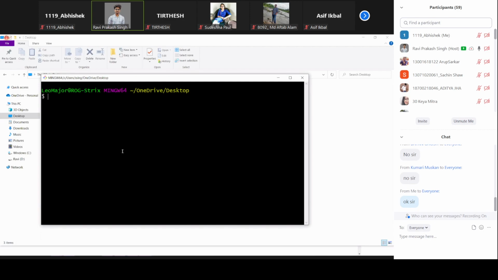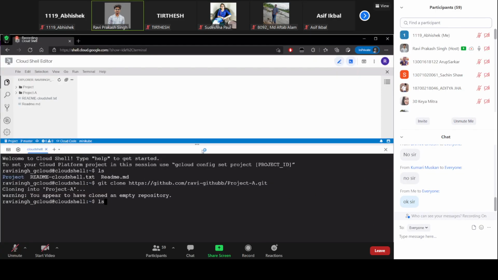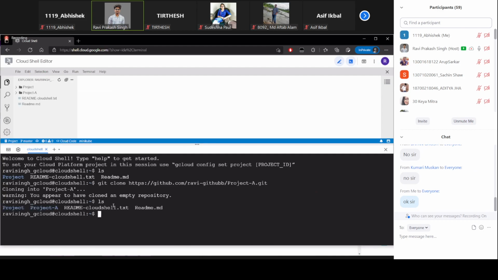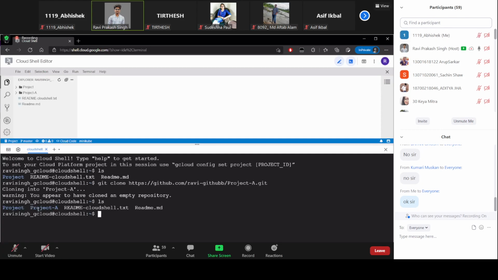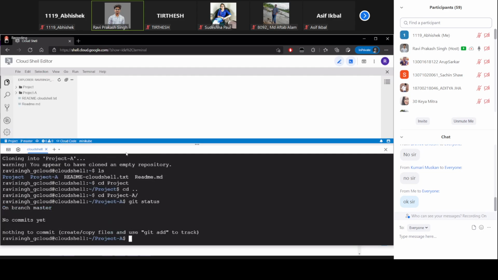If I now list all my files here, here is project A. That's the repository that we have created, and it's now available to our local system. I can now navigate to this. Sorry, I have gone to a different repository. So project, and okay, this is a directory. And if I use git status, it will tell me that now I'm actually